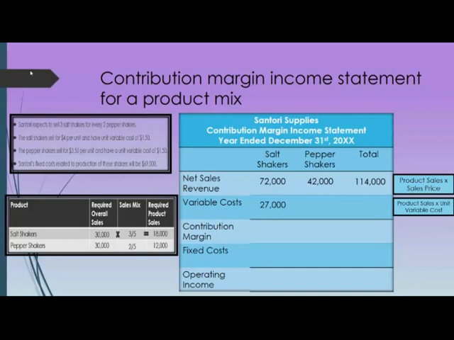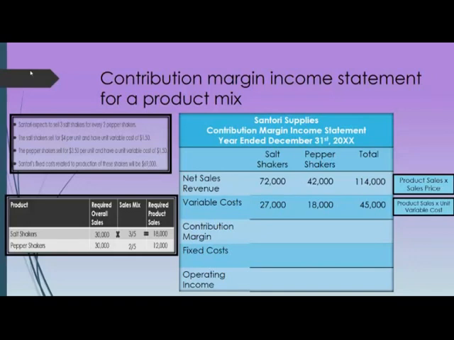For pepper shakers, our required sales is 12,000. It also has a unit variable cost of $1.50. So if we make those 12,000 pepper shakers, it's going to cost us about $18,000 to produce those. We add that together. Given our product mix and the amount that we need to produce and sell, we're going to incur $45,000 worth of variable costs,